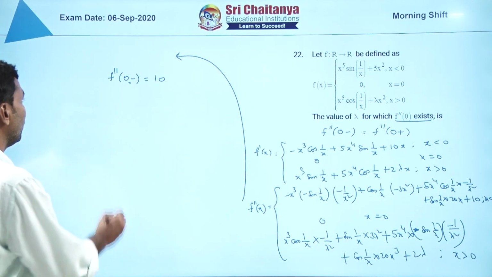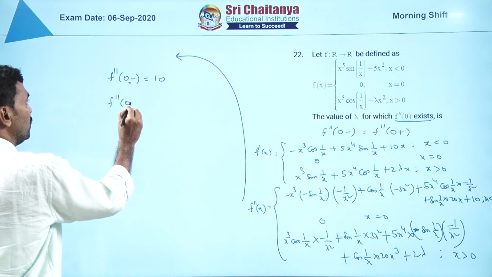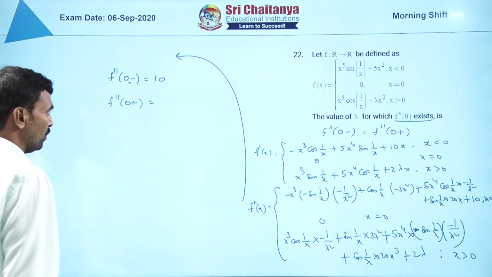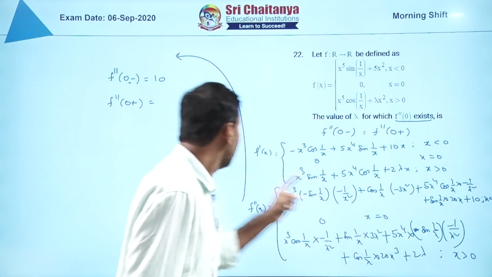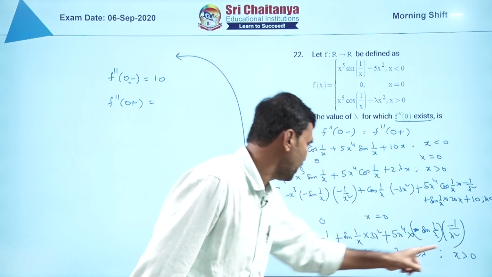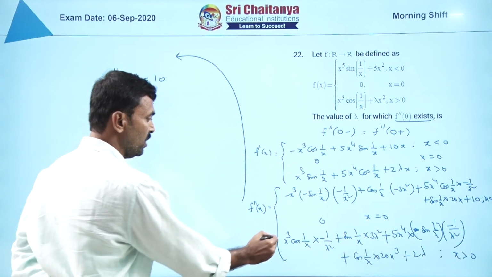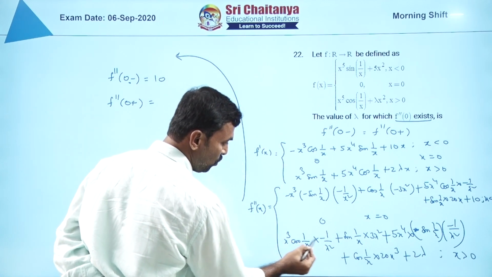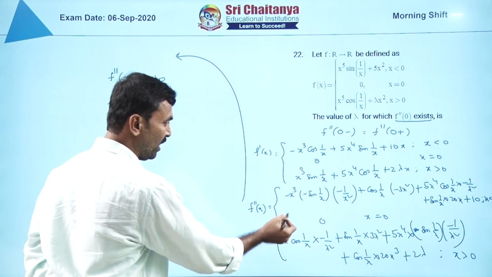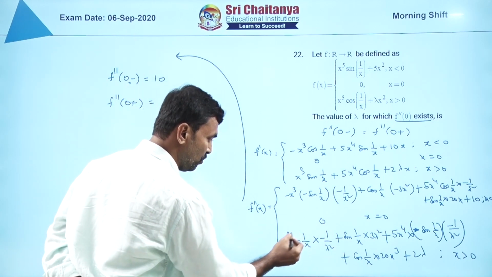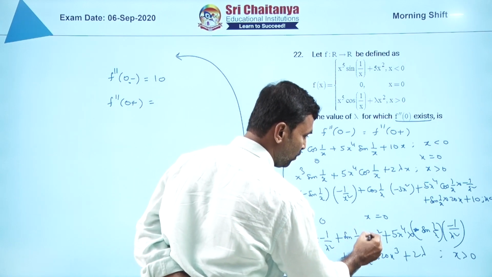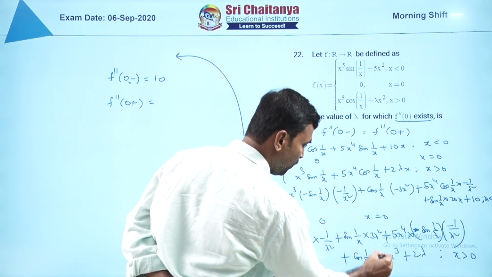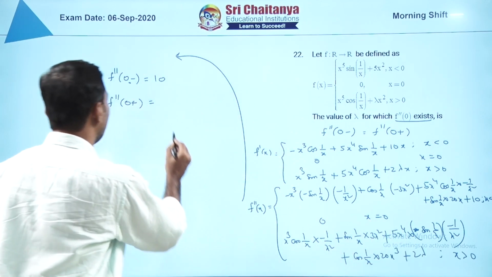Similarly, f double dash 0 plus means right hand second derivative is equal to, when I put x equal to 0, 0 plus means x greater than 0 function I am taking. So, in this I am putting x equal to 0. So, this term will become 0, of course. See, x cube by x square is x only, so I am not writing the step. So, I can substitute. So, this becomes 0, here 3 x square, so this becomes 0, x power 4 by x square 0, 20 x cube, therefore, this is also 0. So, I will get 2 lambda.